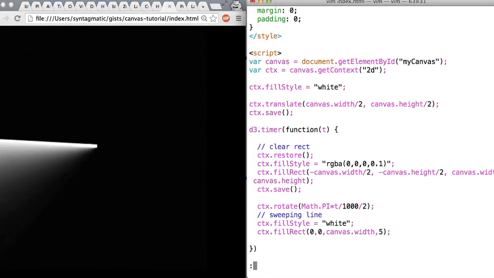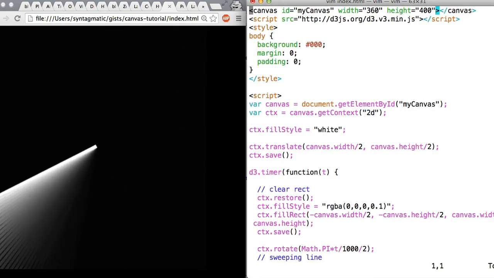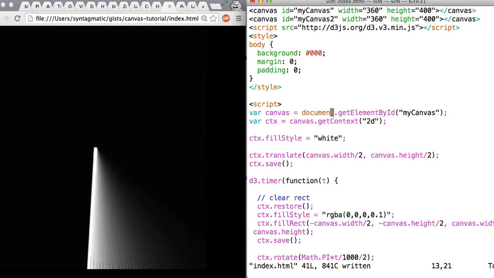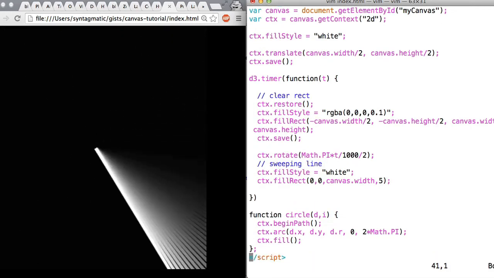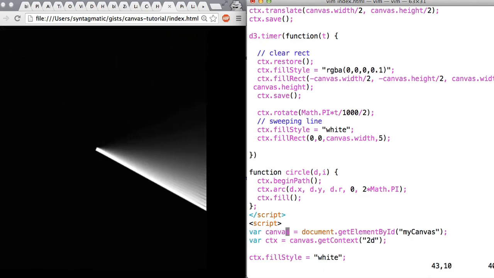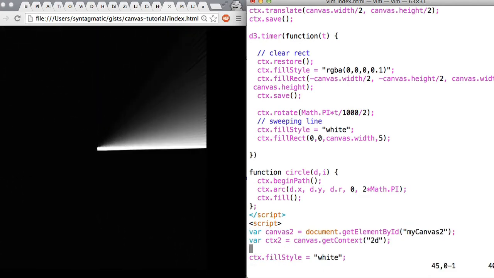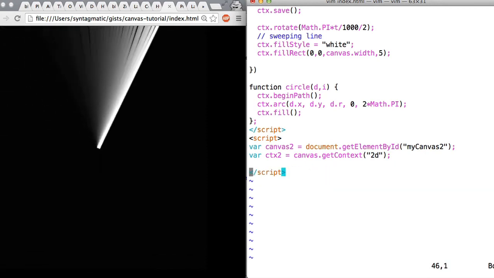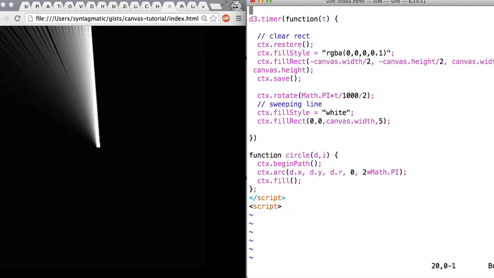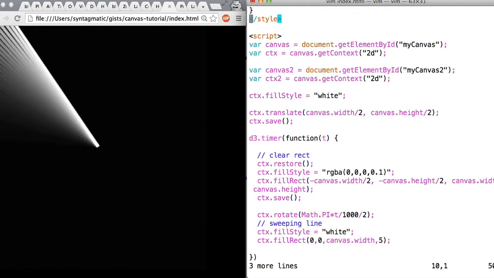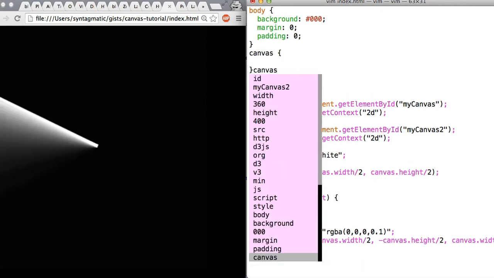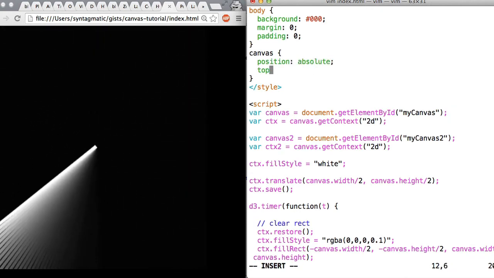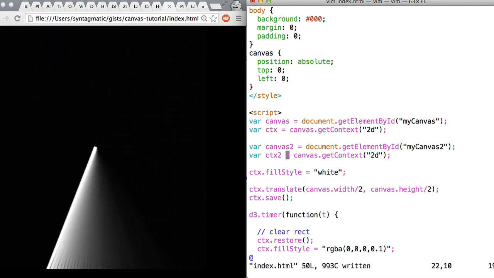Okay, so yeah, let's do multiple contexts. Let's just leave this and just do two canvases. So my canvas 2. Let's just have multiple script tags. So just copy this whole script tag and call this canvas 2, context 2, my canvas 2. No, we're not going to have multiple script tags. We're just going to have two canvas contexts. I'll put them on top of each other here. So let's just say all canvases are position absolute, top 0, left 0. So we should still have one back here. Let's just try drawing a